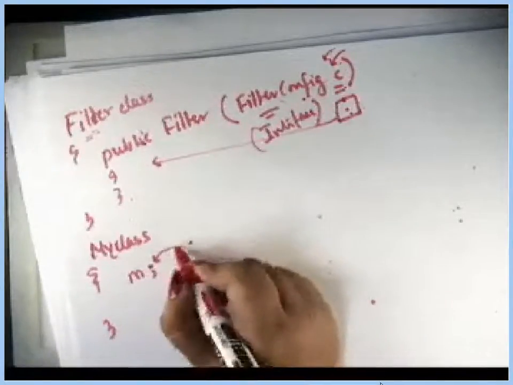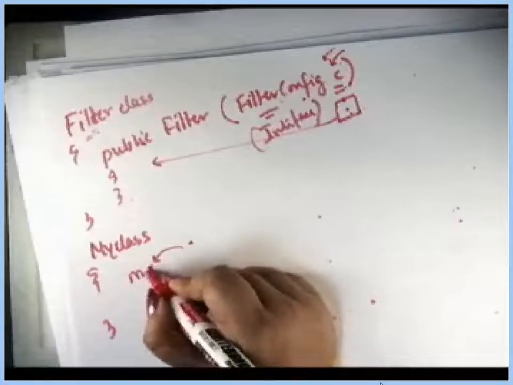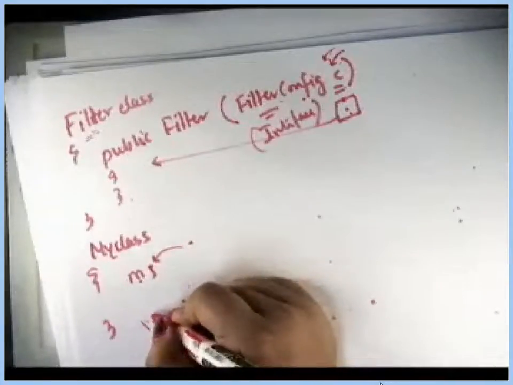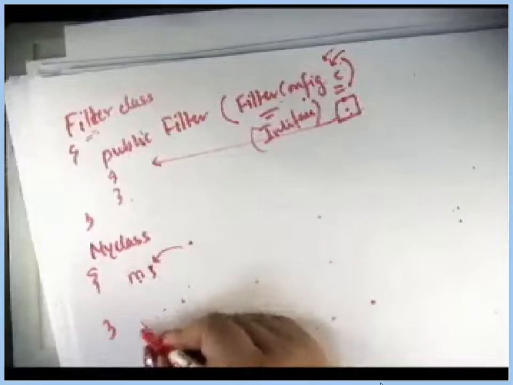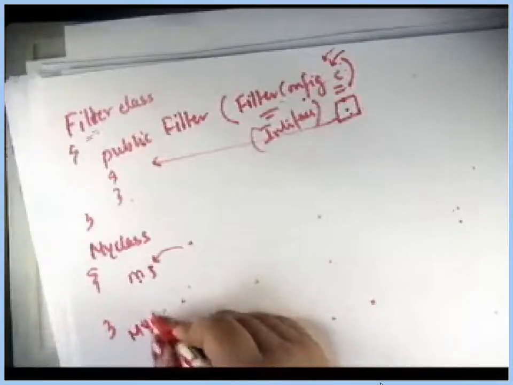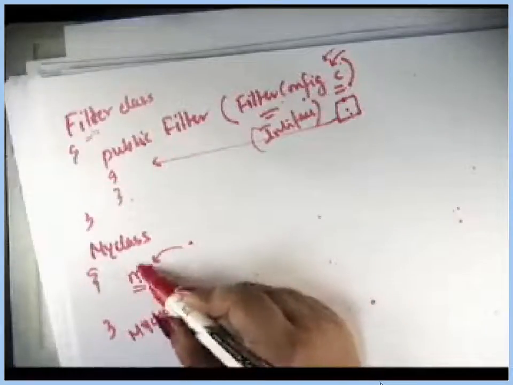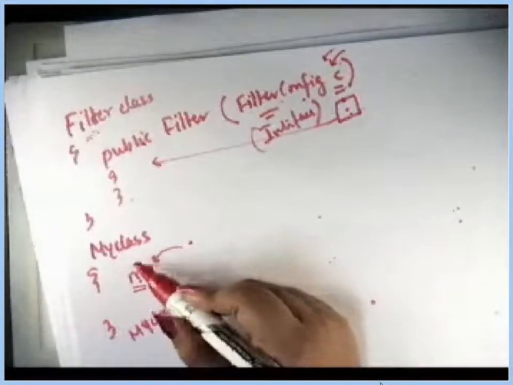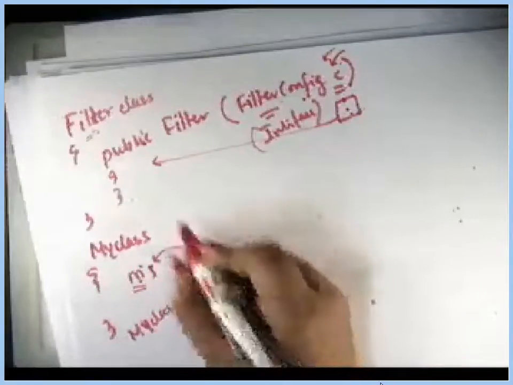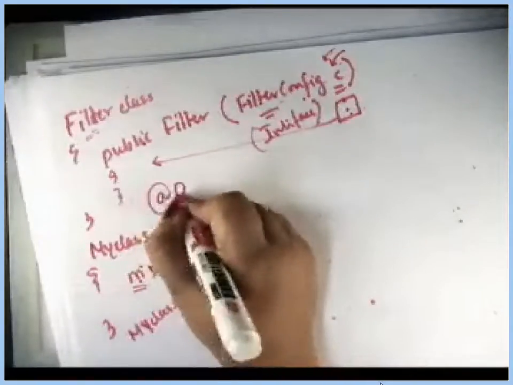Just as of now I don't have any reference for m, so the moment I try to create an object of my class, I will face a problem that I cannot find any reference to store in this, right? This problem can be overcome by an annotation called @PostConstruct